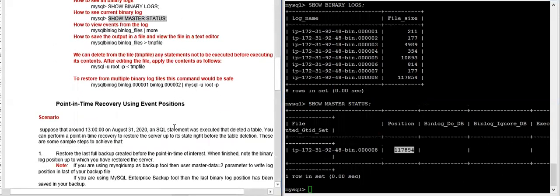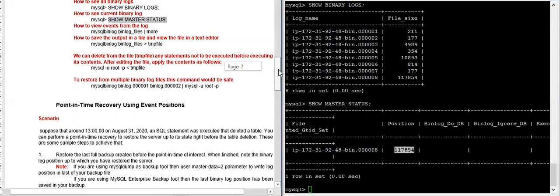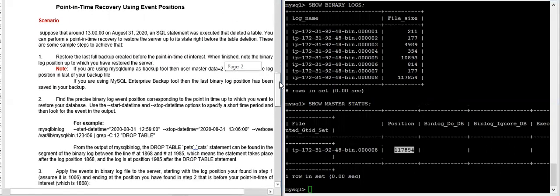Now I'm coming to one scenario of point in time recovery. If you can see the example, I'm discussing one scenario. Suppose that around 1 o'clock, August 31st today, an SQL statement was executed that deleted a table.